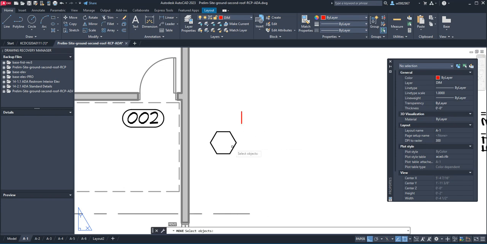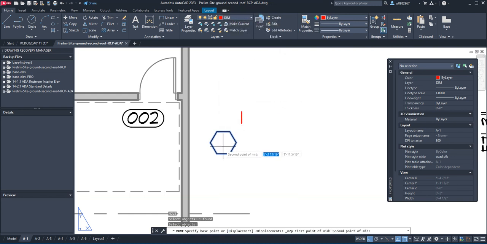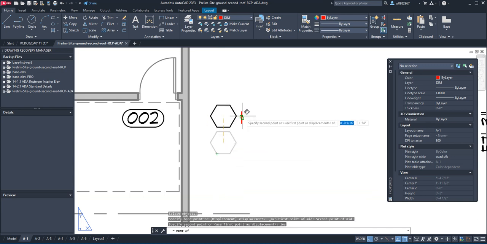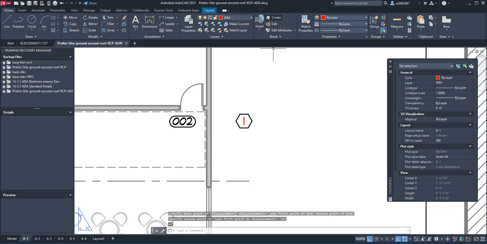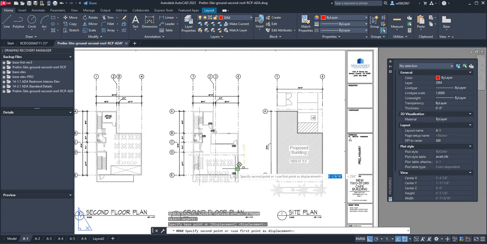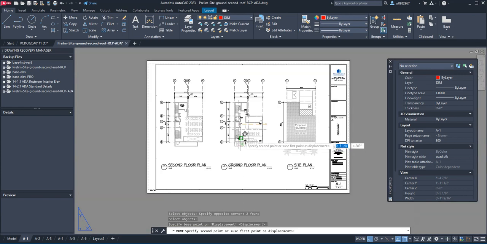Okay, so we're going to move this from shift right click or control right click and then midpoint between 2 points, 1, 2. There you go. It will hold it here, and then I will put it on the insertion of this point there. There you go. And then I'm just simply going to match properties here, so they're the same. Okay, and I will just have to locate that one to my location, my number one window, and I'll put that. Oh, let me remove my